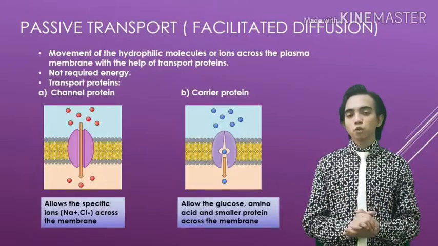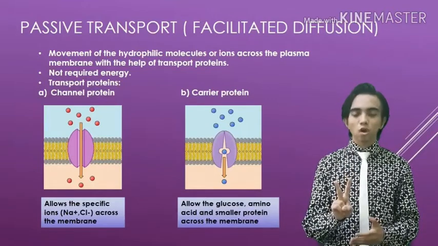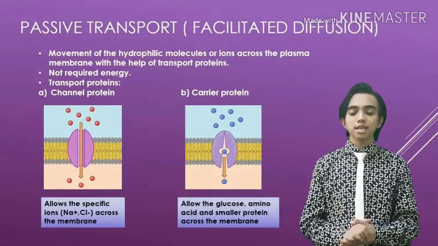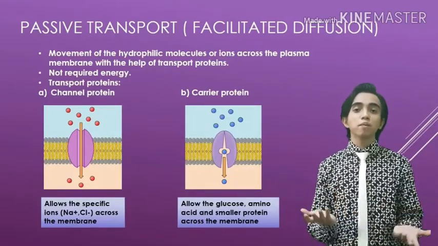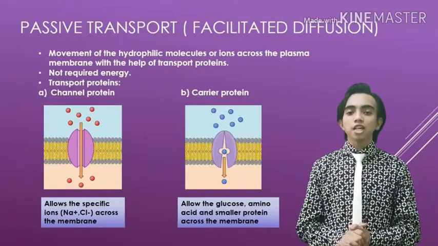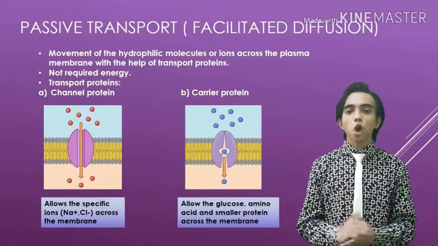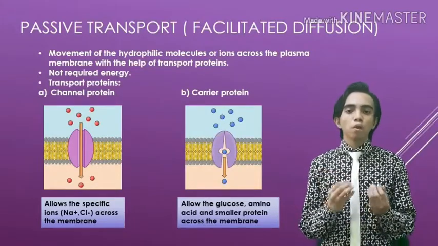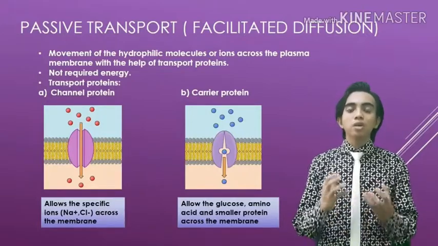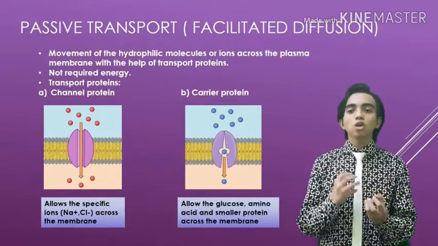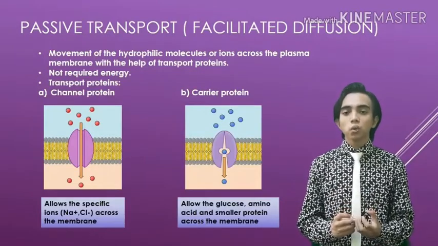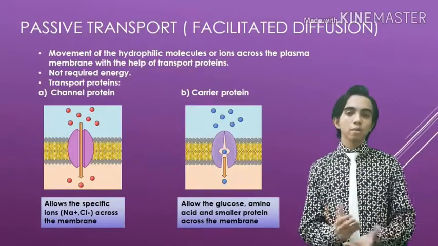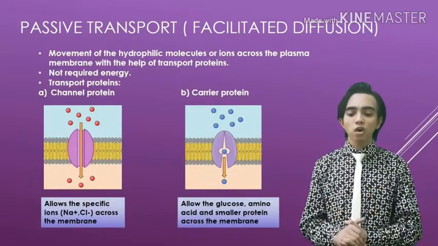So there are two types of transport proteins, which we look at, and the first type is the channel protein. So what does the channel protein do? Channel protein acts as a gate which can open and also close. It will open up the pores that allow specific ions to cross the plasma membrane, so it allows specific ions like sodium and chlorine ions to cross the